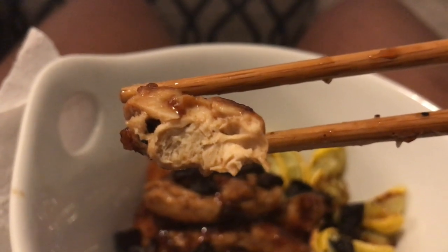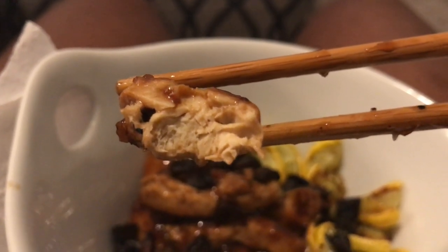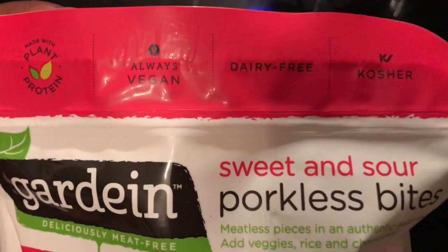But in terms of this teriyaki chicken, I do recommend it. I'll give it a 9.5 out of 10. And the sauce came with the package, so that is also nice. It's a very easy and simple dish to make. So now let's move on to the